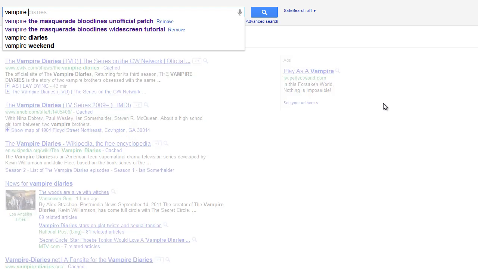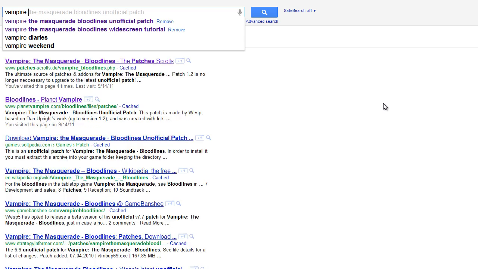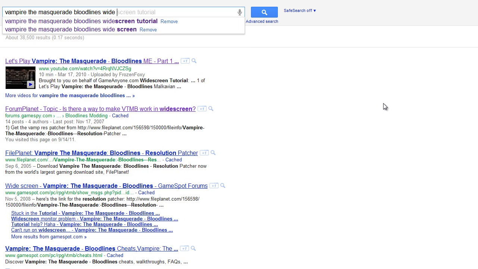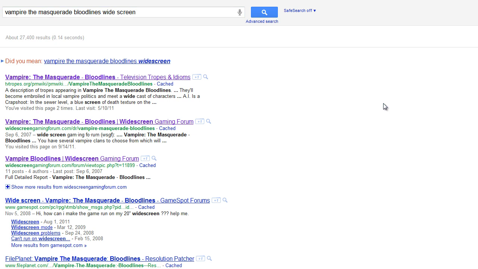You can either type it in as widescreen tutorial, which is popping up for me right now, or you can type it in as wide space screen. If you type it in as wide space screen, then you're going to get the correct site right away, but it's not going to be